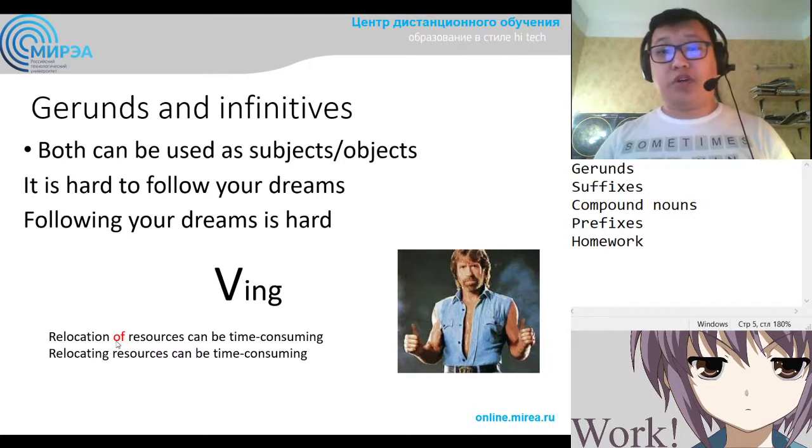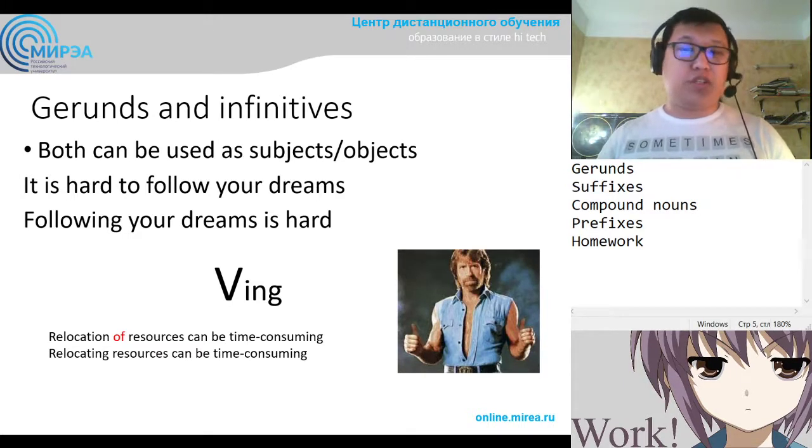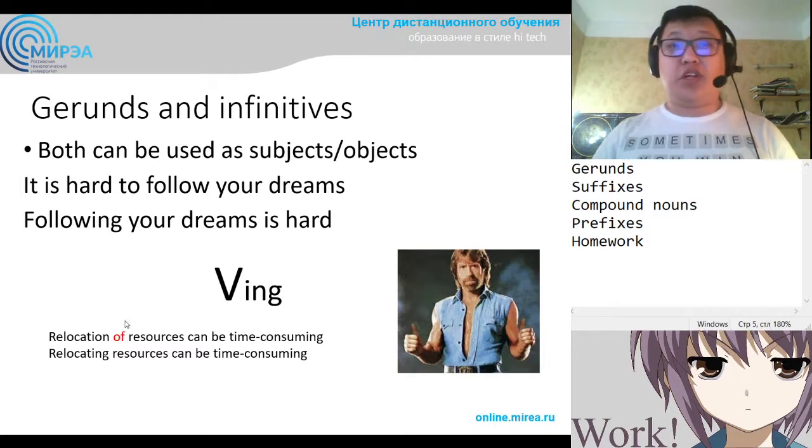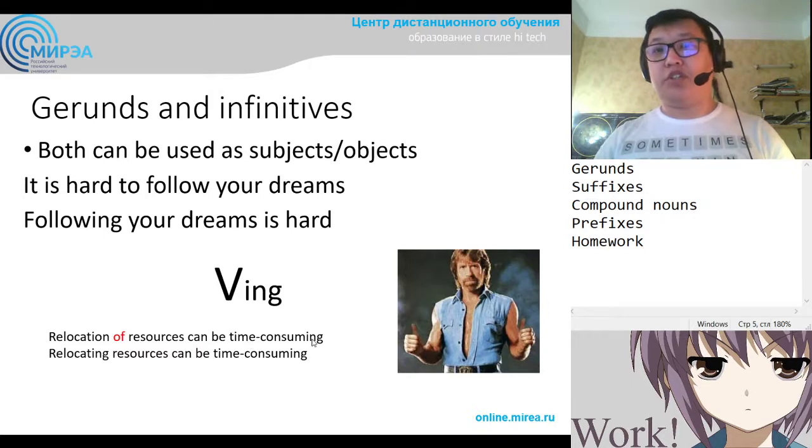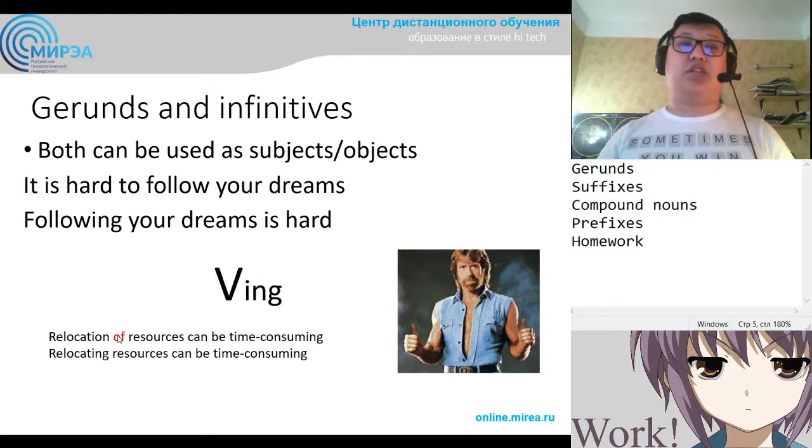using too much of, or for, or any other preposition over and over again in one or two sentences coming really close together. For example, you've got this sentence: relocation of resources can be time consuming, and imagine that you've got a lot going on in the next sentences and sentences before and in the same sentence, so you want to avoid using this of. So you can take relocate as a verb, перемещать, and you can build a gerund out of it,